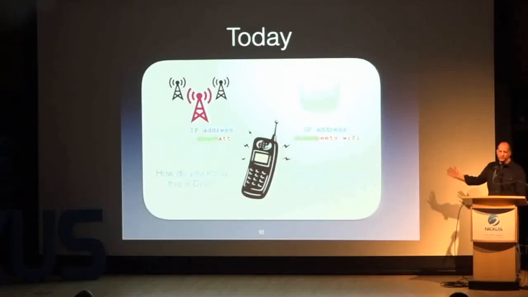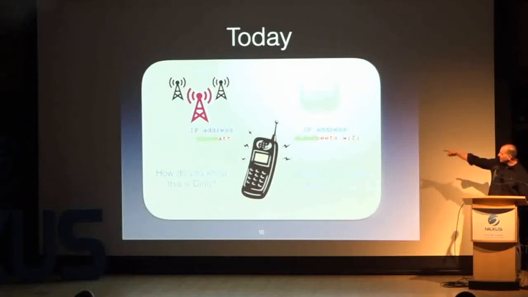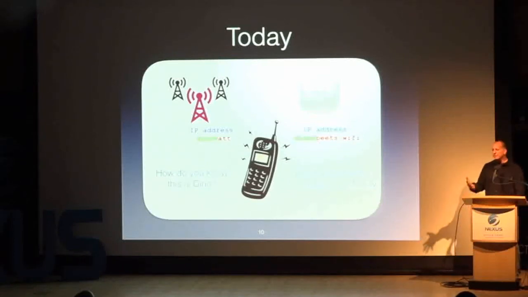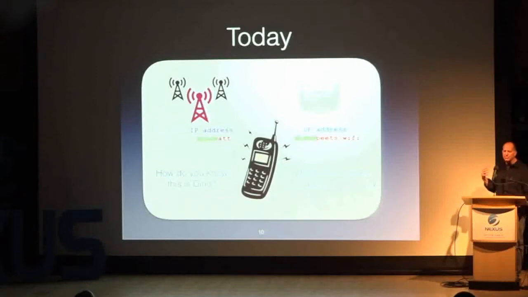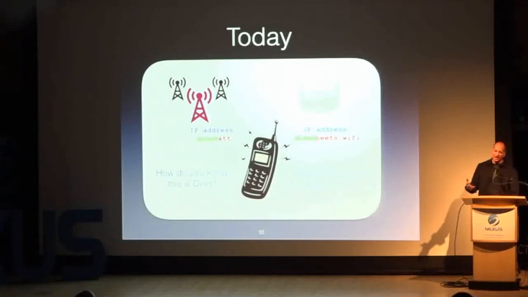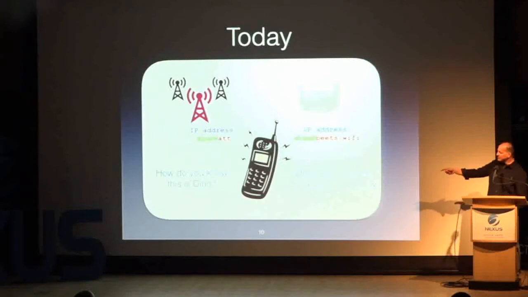So when Dino moves, there's no session continuity. My sessions that I initiated on my cell phone will be broken. Because now if I go to the hotel's Wi-Fi network, I'm no longer Dino at Pete's Wi-Fi, I'm something else. And so what we've done is the internet architecture at the network layer should solve these problems for the applications. But what's happening now is every application is solving the mobility problem on their own. They're all sending keep alives to see who's up and who's down, when all that stuff should be done at the waist of the protocol stack.